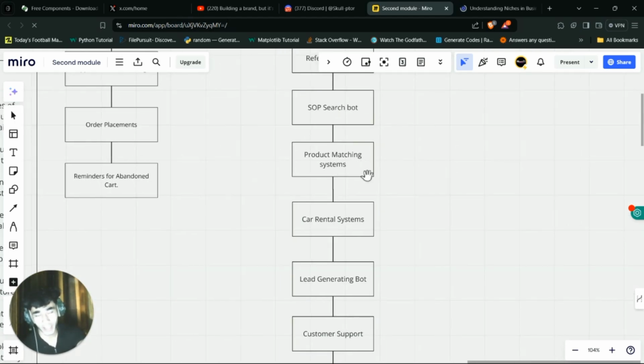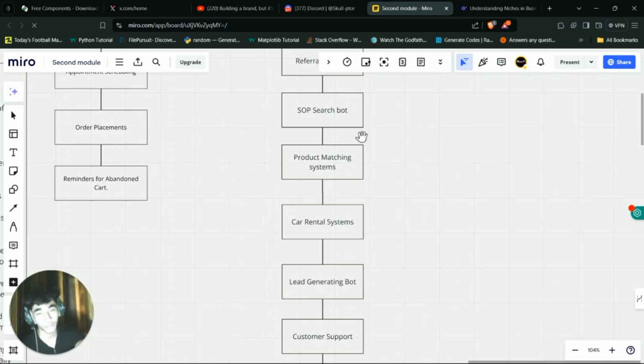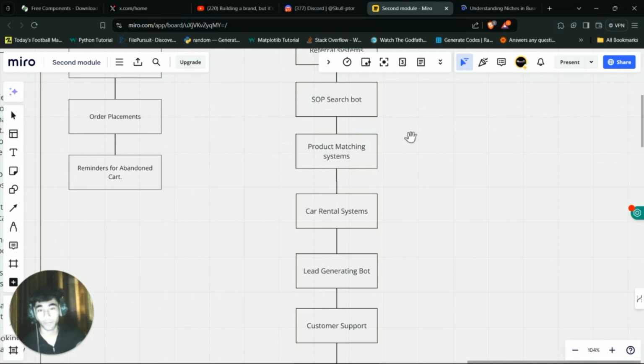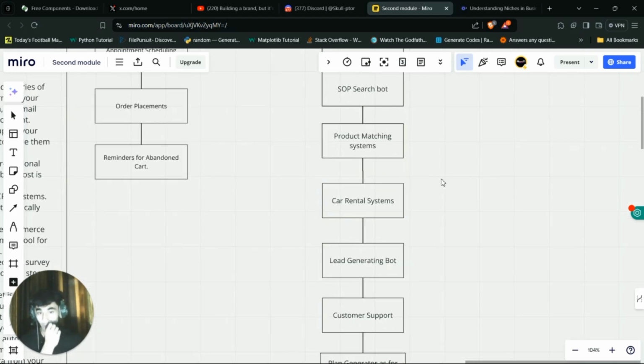The product matching system can be used for e-com or dropshipping stores. Let's say a prospect comes on your website and asks for a product for their pet dog. The chatbot will ask them, what kind of pet do you have, how old is he, what kind of tools do they already have. That way it'll run down all the products. Let's say you have 50 products on your website, so the customer doesn't have to run through all of them. The chatbot will search out the best one for the customer according to the answers they give. That's the product matching system, and it can be used pretty well.